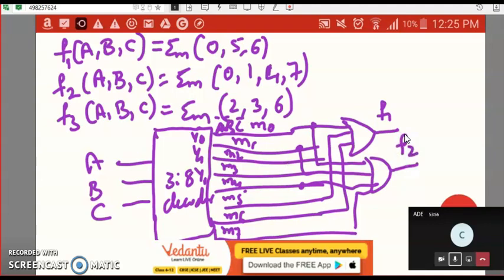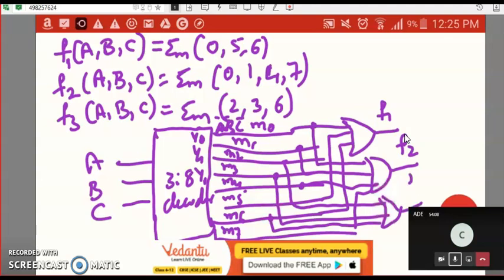Extract 2, 3 and 6. So this is the function F3. Similarly, for any functions given, any number of functions, we can realize them using only one 3 to 8 decoder.